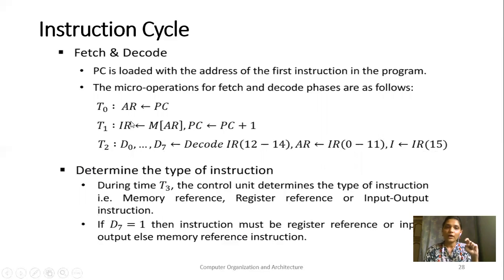Okay, so this way you will determine which instruction is going to be executed. For executing any instruction, you require fetching and decoding, then calculating the effective address, and last thing, execution. For fetching, you require to store the program counter into the address register so that you get the instruction's address. Then you will store the instruction from that address into the instruction register and increment the program counter by 1 for the next instruction. You will decode these 3 bits and find out which control is going to be generated. The 12-bit address is stored into the address register, or your operation is stored into the address register, and IR 15th bit is stored into the I flag.